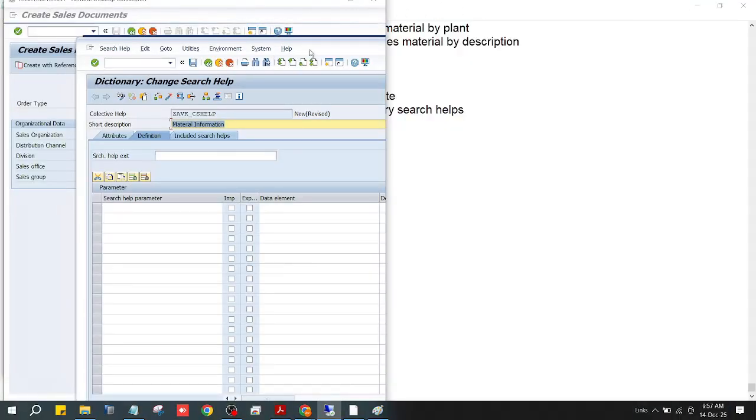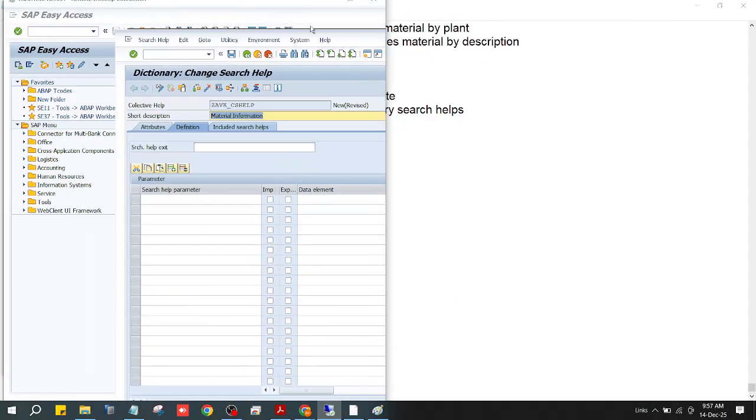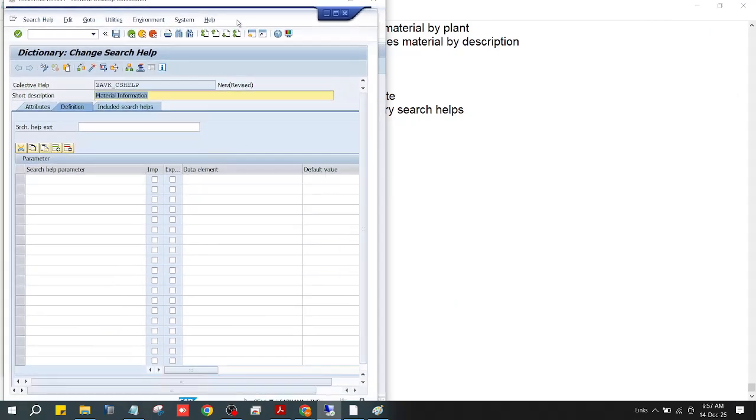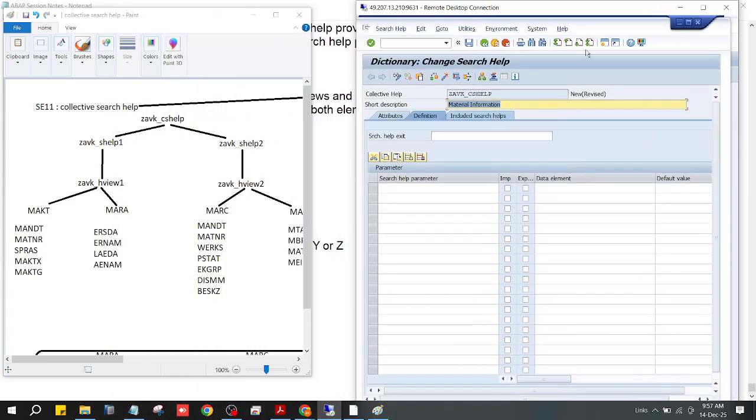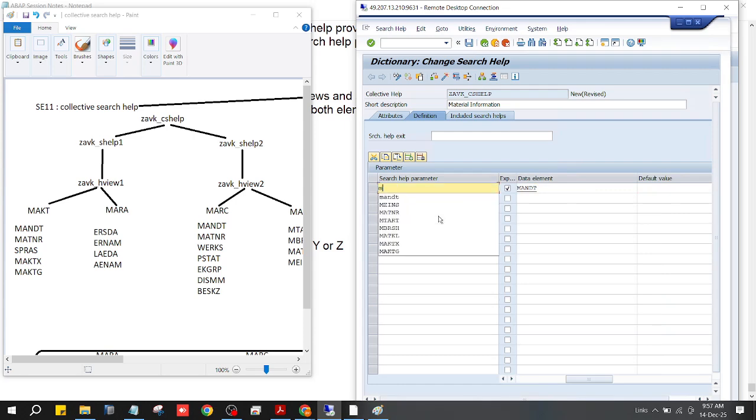Okay, yes. Now, under collective search help, why I added here also you will come to know. First, I need to add MANDT, import export MANDT, first field. Second, no default value. MATNR,